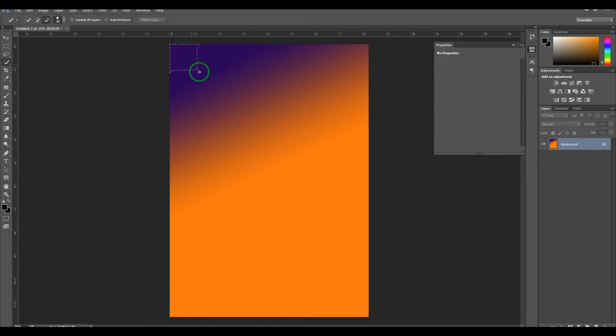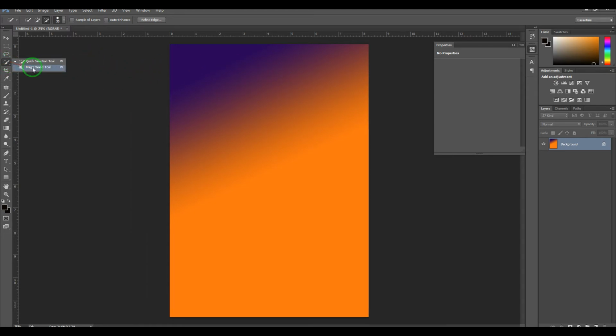Again I am going to do a selection. If I want to stop in between, I can just release the mouse. If you think you have an area which you don't want to select, then you can use this minus or subtract button and you can just deselect a particular area. So using the quick selection tool you can just select an area like using a brush.